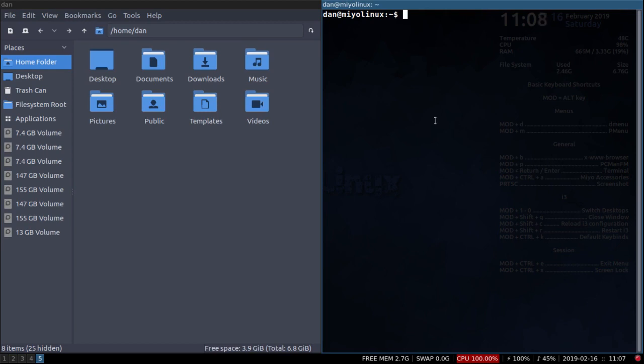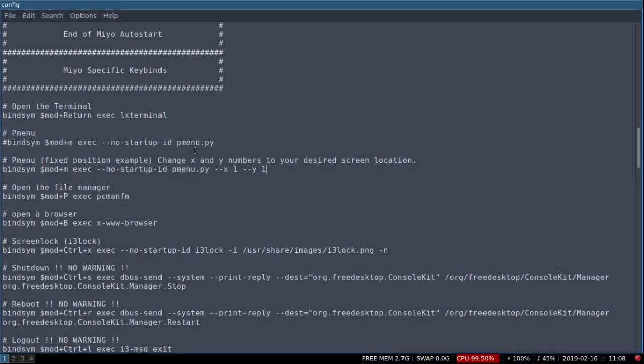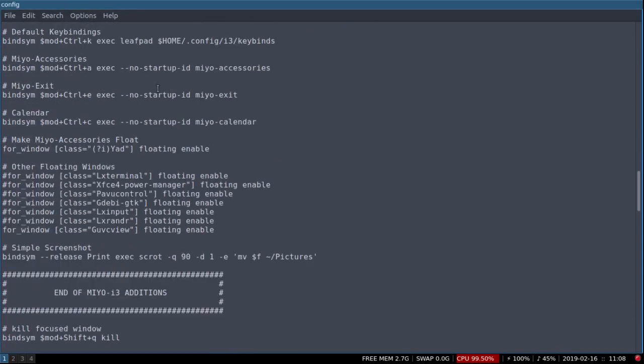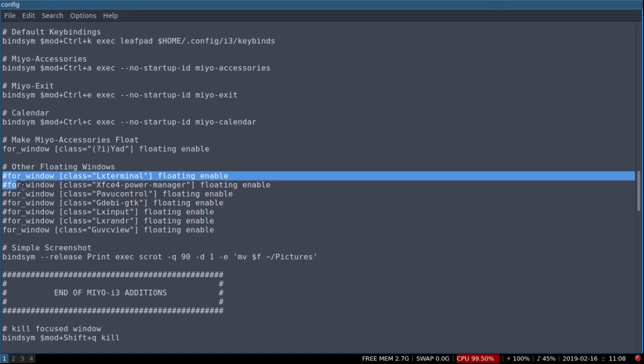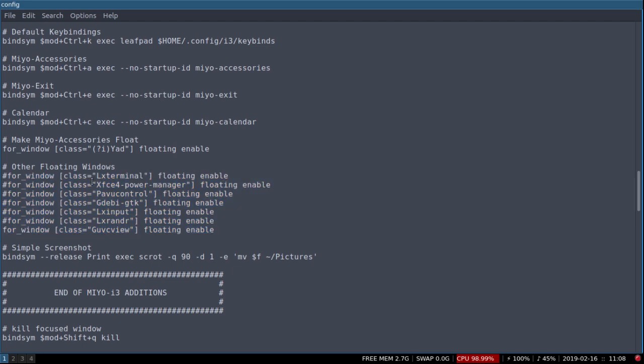Alright. And speaking of that, that makes me think of something. Let me close these out. Alright. Let's say, for instance, you want to have the terminal as a floating window. You don't want it to take up the whole screen. You want it to be floating. I've given some examples here, and you can uncomment these if you want to use them. If you want LX terminal to float instead of taking up the whole screen, we just uncomment that,